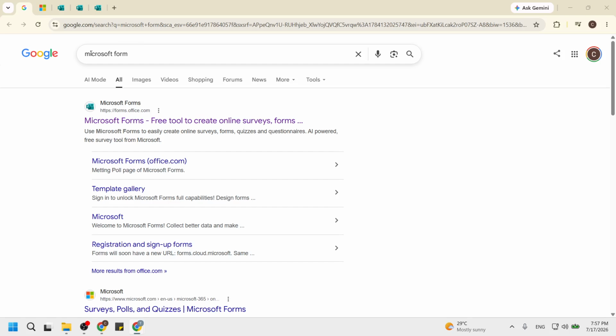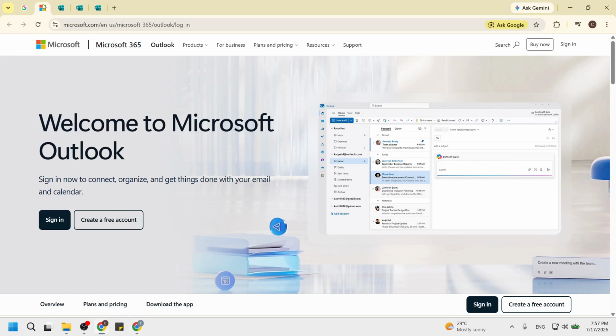As you type Microsoft Forms into the search bar, you will see various options appear. Look for the official Microsoft Forms link, typically found at the top of the search results. This step is crucial because it ensures you are accessing the legitimate site and not a third-party page. Once you click on the link, you will be directed to the Microsoft Forms homepage where you can begin managing